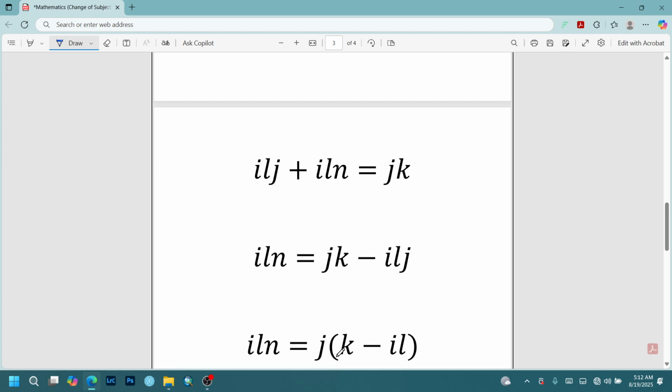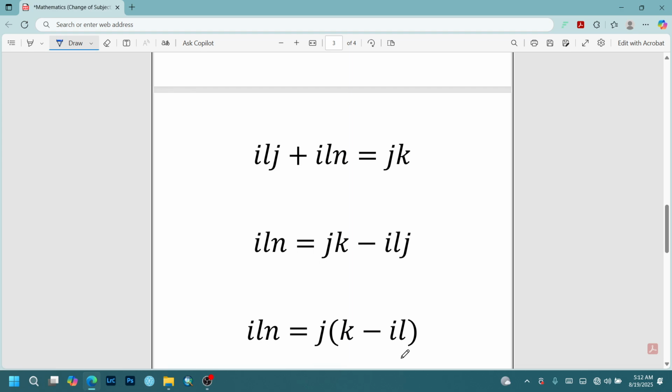So J multiplying K will give us JK, right? Which number in the world can multiply J for us to get negative ILJ, and the only number in the world is negative IL, right? So we have our ILN equals J multiplying K minus IL,